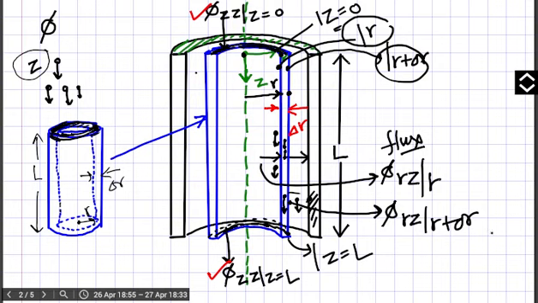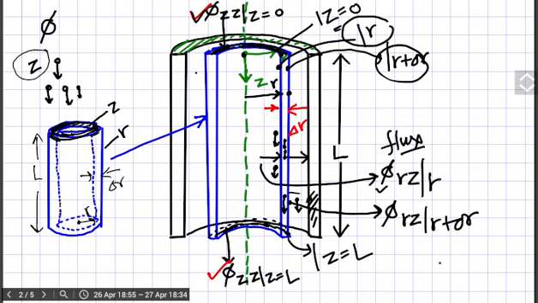So you can see here there are two type of surfaces as we discussed yesterday. This is your Z surface and this is your R surface. So as you can see here that through this R surface the Z momentum is entering, and through this surface this Z momentum is coming out, and it has been written here. So what momentum is entering? First is this momentum, and this momentum is entering.